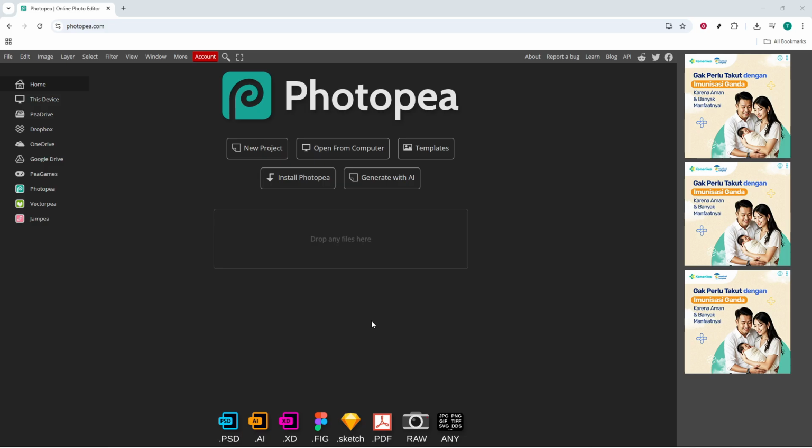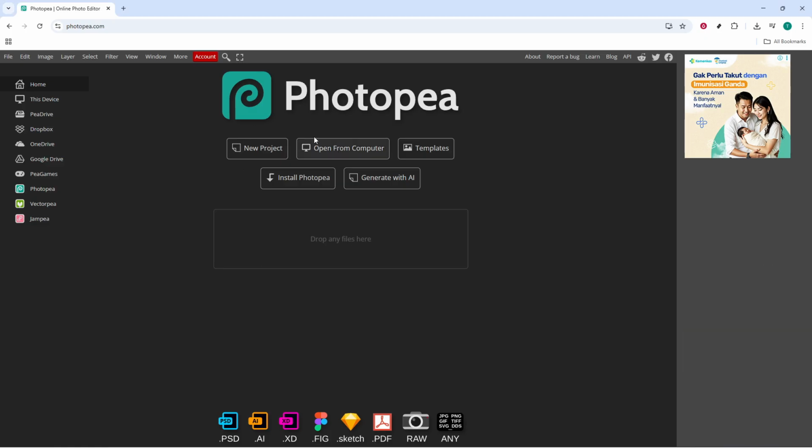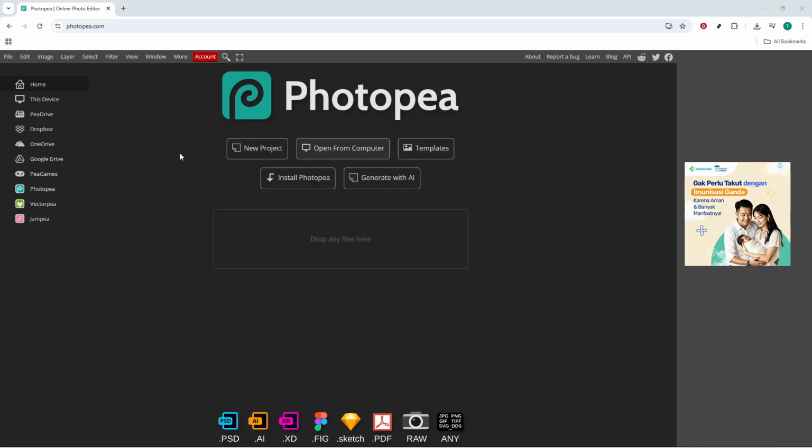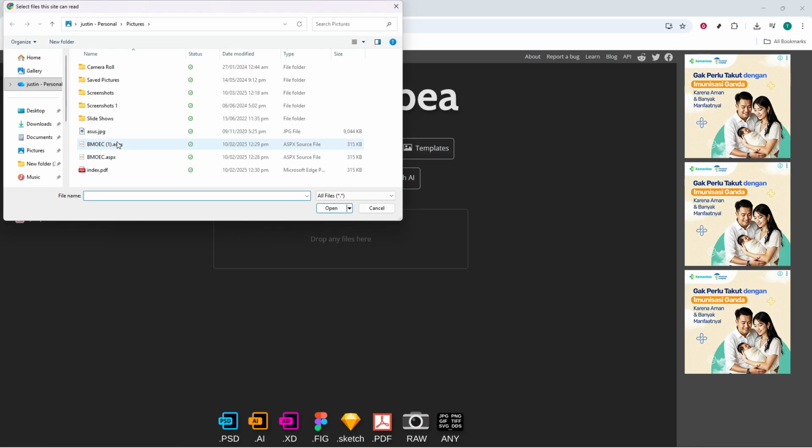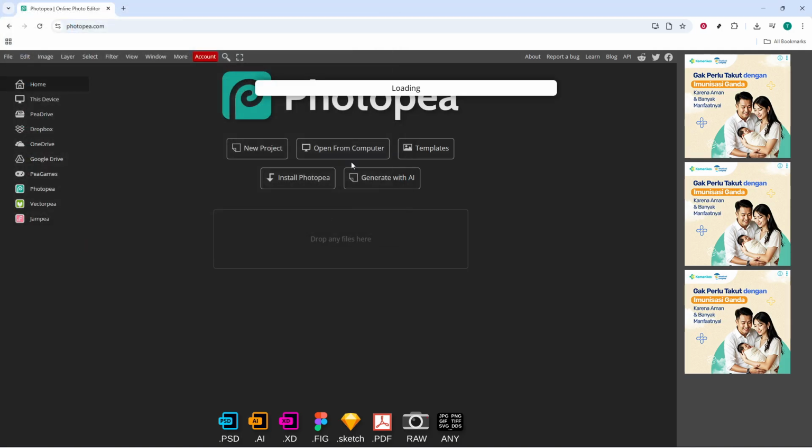First, open your web browser and head to the Photopea website. Photopea runs right in the browser, so there's nothing to install. When the page loads, choose Open from Computer. This lets you bring in a photo from your device, whether it's a portrait, a product shot, or a landscape. Select the image you want to enhance, and it will appear on the canvas with a background layer in the